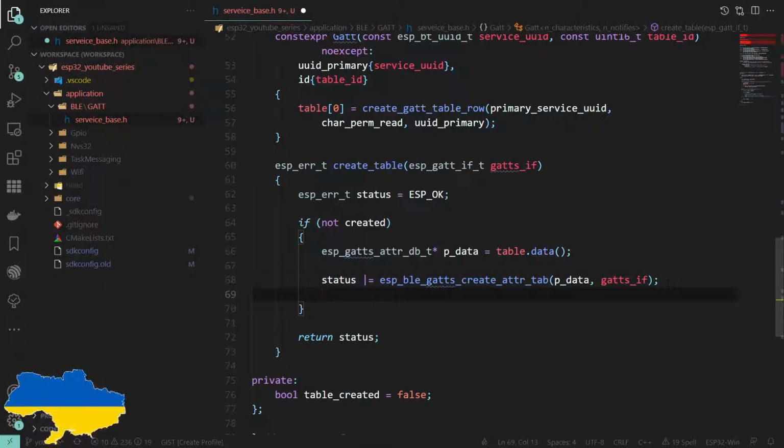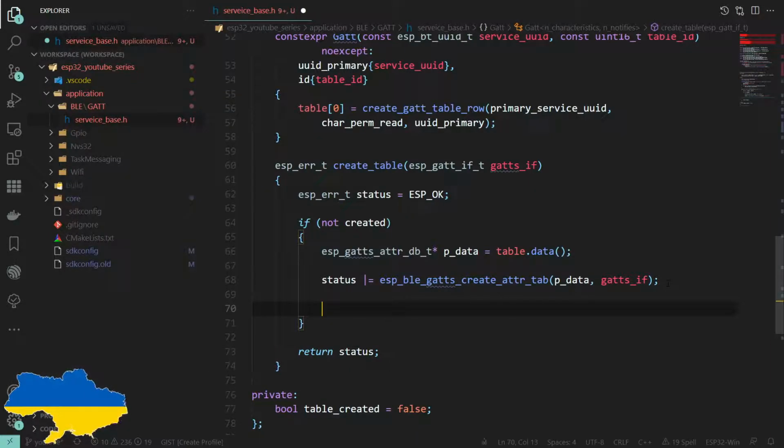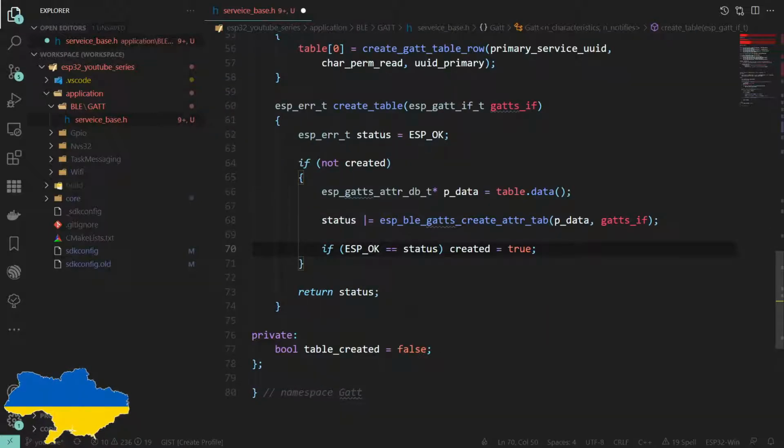And then we want another conditional here, unfortunately, to set our little flag here.